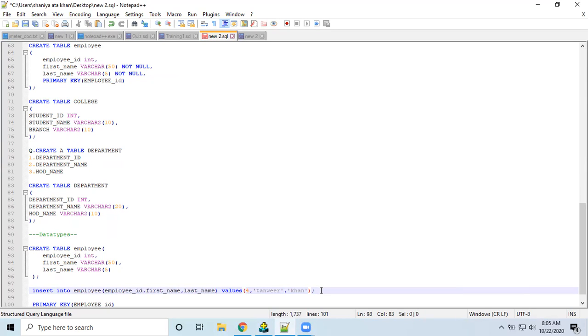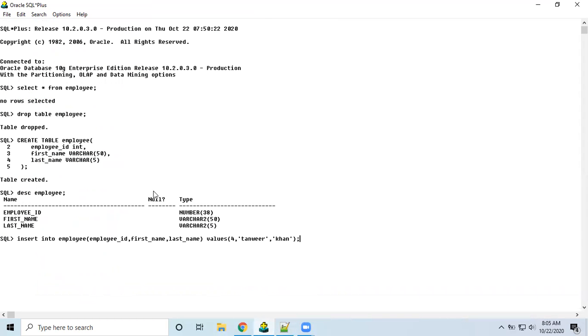Okay. So let's try to run this in the database and check whether the data has been inserted or not. This is the query I'm trying to run in the database. Insert into employee. I'm trying to insert some data into this employee table, with the columns employee ID, first name, last name, and the values are 4,